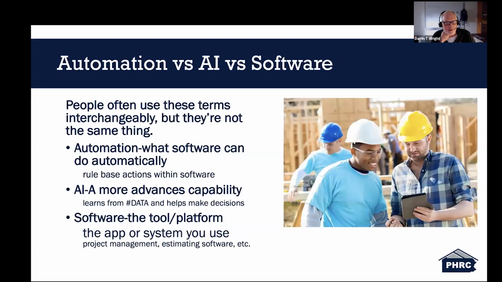Automation versus AI versus software. These are three distinct things. Software is the tool you use. Automation performs rules-based tasks. We are very familiar with automation. That is basically what most software is now. And AI helps to analyze data to guide decisions. Understanding the difference helps clarify expectations. Automation improves efficiency while AI adds insight. Together, they enhance workflows, but still require human oversight. I think that's one of the keys I'm going to keep reiterating through this: AI is not to be thought of as a standalone system to replace things. It's just an assistant.